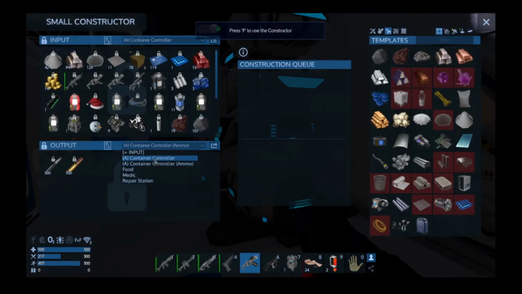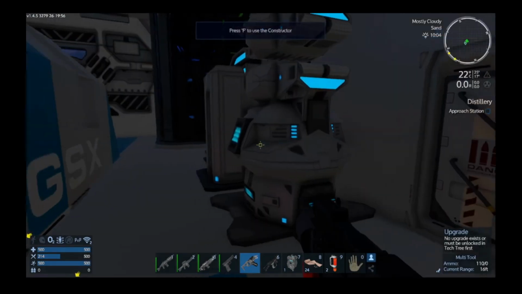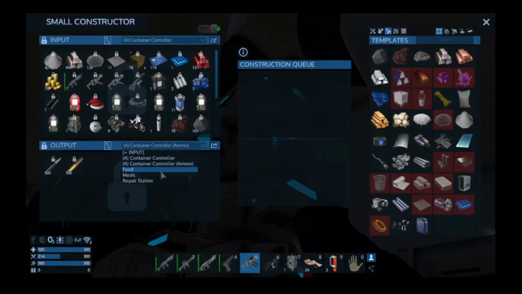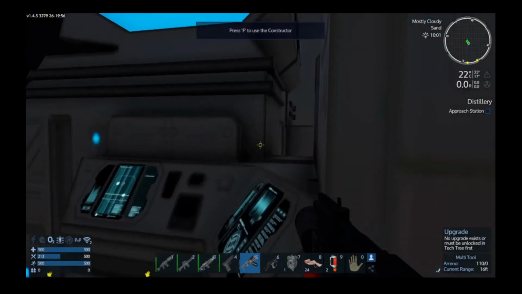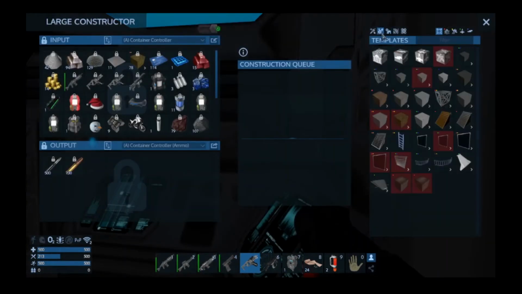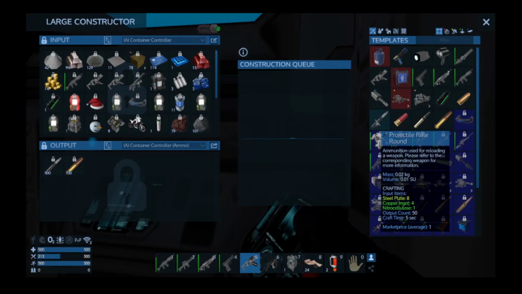So if we change that over to the container controller, and we get that, say, making on 300 of that one, and then same on this one. Say 300. The large constructor is done with them now. So if we get working on some more projectile rifle rounds, say another 100,